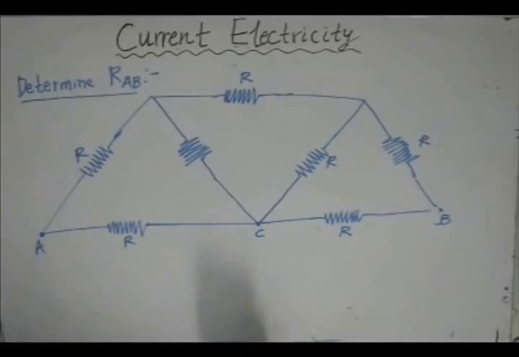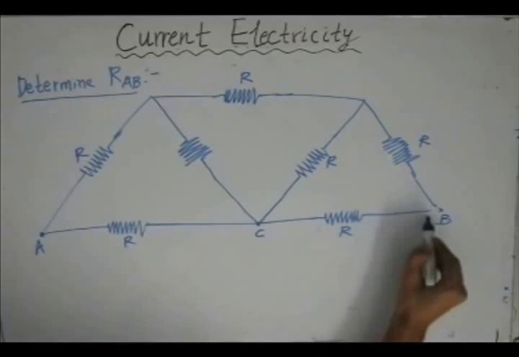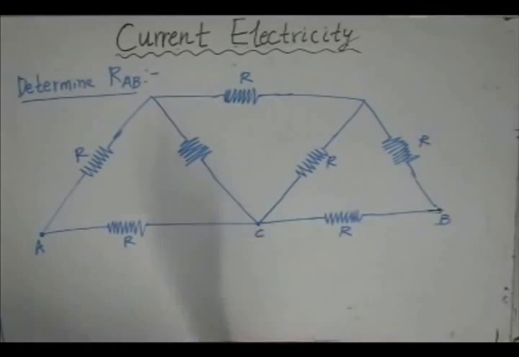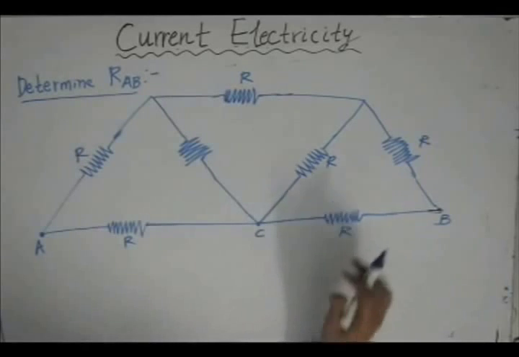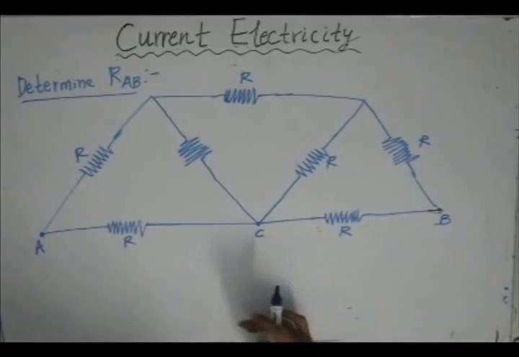We saw about the series and parallel combination of resistors, but as I said, there are certain cases wherein the resistors are neither in series nor in parallel. So here in this example, we need to find the value of the equivalent resistance between the points A and B. As we can observe here, neither of the resistors are in series nor in parallel. But if we observe it carefully, we can see that there is symmetry in this structure